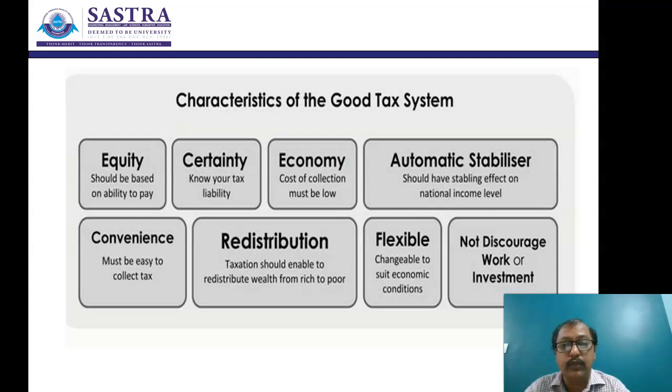And a good tax system should always have a kind of certainty. Everybody should know their tax liability when the rules and regulations are formed. A clear-cut certain income, certain taxability or certain liability should be computable. There should not be any haphazard or confusing way, or it should not be creating havoc, something like that. So it should have some kind of certainty.